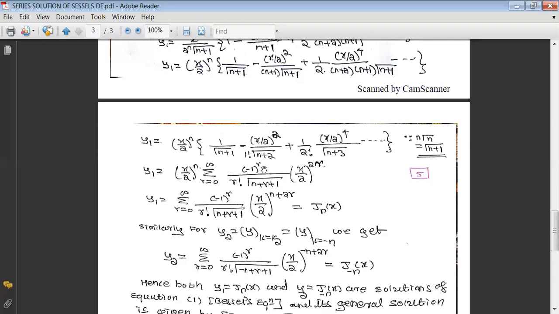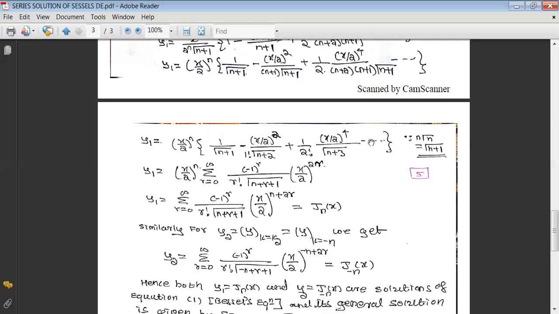Next, if you take r equal to 1, that is minus 1 raised to 1 is minus. If you take r equal to 1 here, that becomes x by 2 raised to 2. If you take r equal to 1, this is 1 factorial. If you take r equal to 1, 1 plus 1, that is gamma n plus 2. Now one more, if you take r equal to 2, that is minus 1 raised to 2 is plus, that is 1 we will get. Then if you take r equal to 2, it becomes 2 factorial. If you take r equal to 2, it becomes gamma n plus 3. And if you take r equal to 2, 2 into 2, 4, that becomes x by 2 raised to 4.